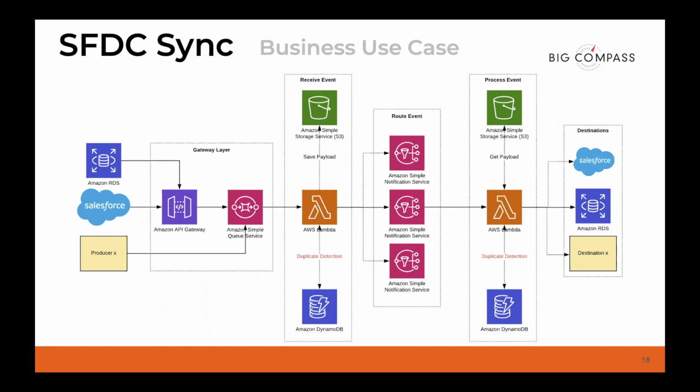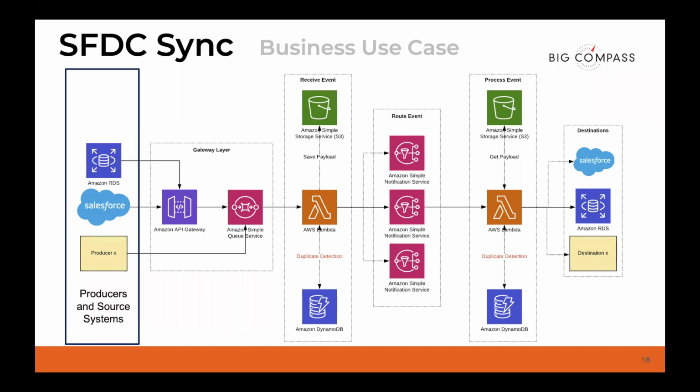And companies want to be able to use the data that's locked up in Salesforce elsewhere in their ecosystem. And so one of the things that we're seeing is pumping that data, getting it out of Salesforce into some sort of database or external system so that you can now start to get value out of the information that was originally in Salesforce, now in a database, and maybe you can put APIs now on top of that database. So we stood up a 100% serverless system besides the target here, really the source and the target, Salesforce and RDS. But in between, it's a 100% serverless system to be able to accomplish this.